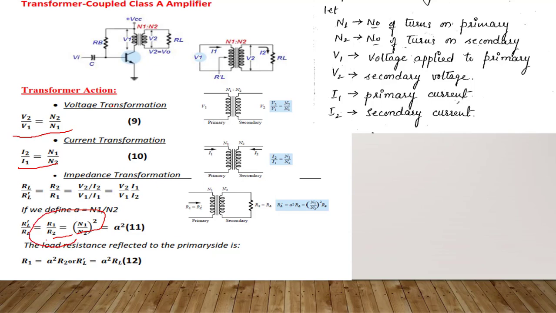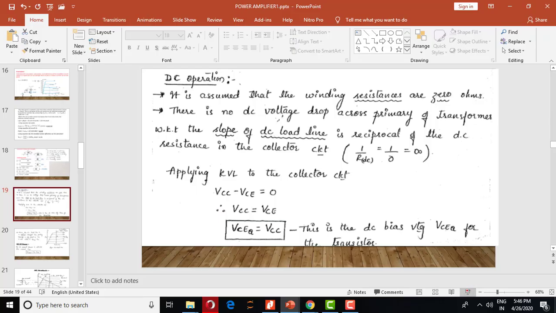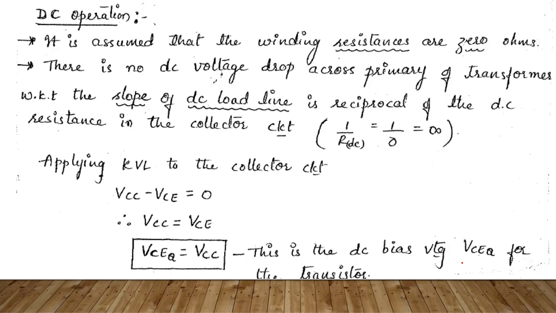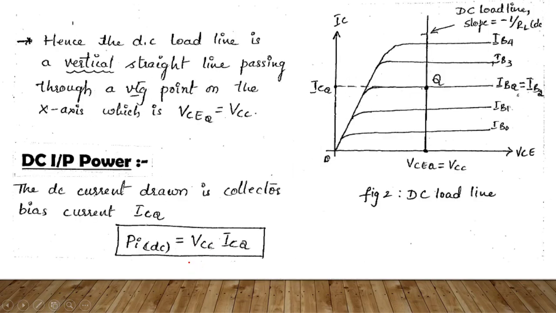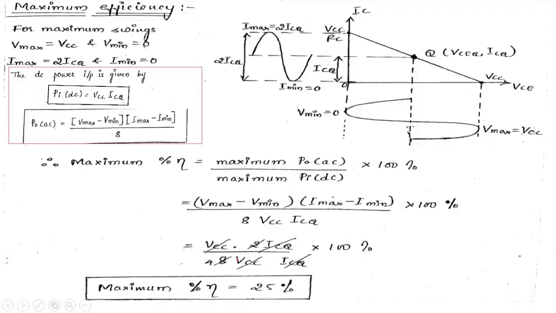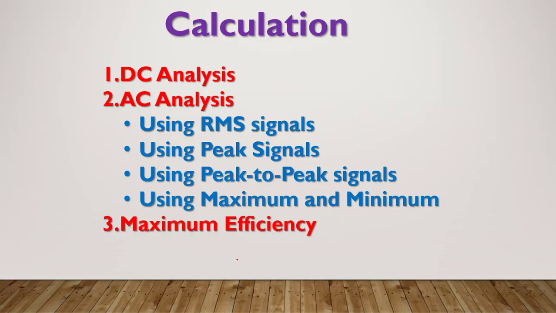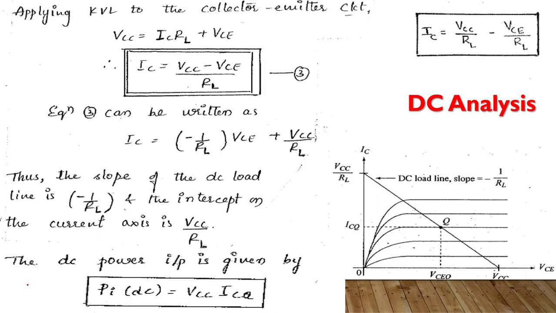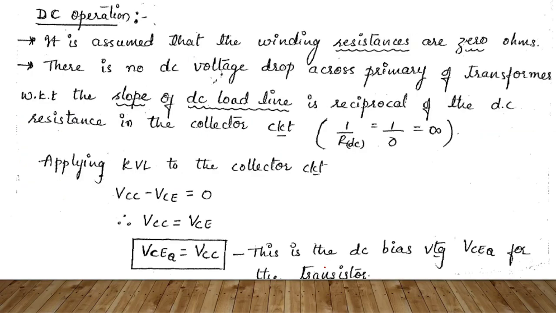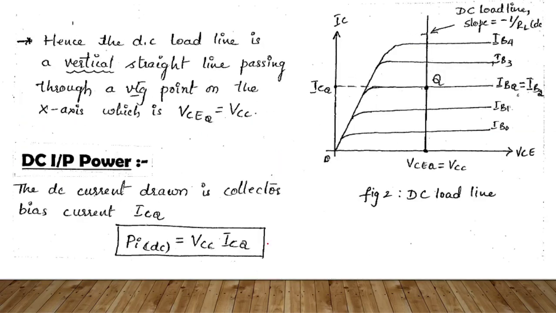The extra one, which we did not discuss in the last topic, is the three equations we are getting. Now we will do the same operation as DC operations and AC operations. Actually, see here, DC operation, power DC, it is exactly the same as previous. What is PIDC? We got VCC into ICQ. Remember, in here the same equation. Actually here we got the power operation exactly the same. PIDC is what we got here, the same answer we are getting here also. It's nothing but VCC into ICQ, so there is no difference in the DC portion.